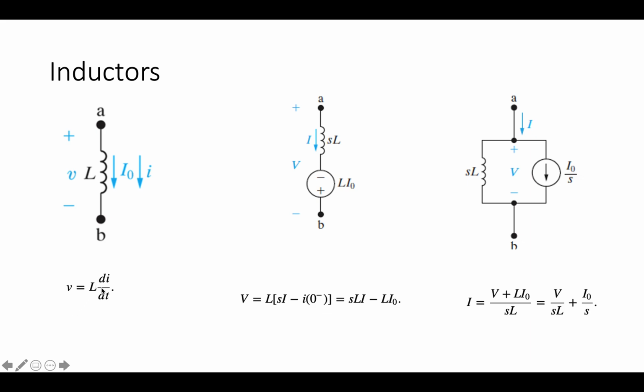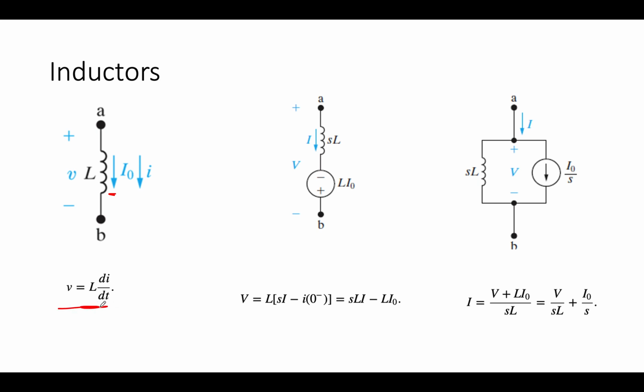Inductors: V is equal to L di/dt, and an inductor is capable of having an initial condition current. So our I sub 0 here is our initial current through this inductor, and I want you to note that we have two terminals, A and B, and the voltage in the time domain is going to be defined across the inductor from terminal A to terminal B. The current will flow into the positive terminal of the voltage following the passive sign convention, and it will flow from A to B. As long as in the circuit it's set up this way, then